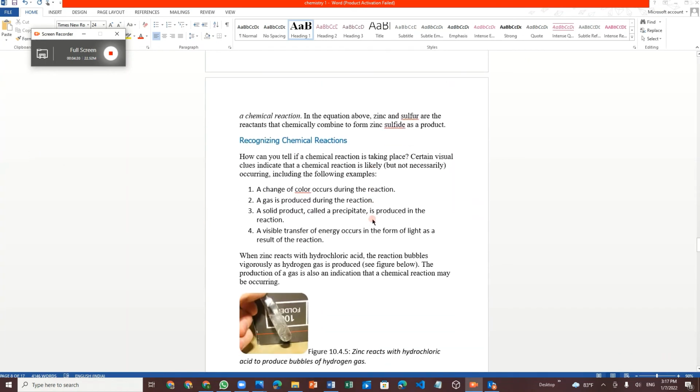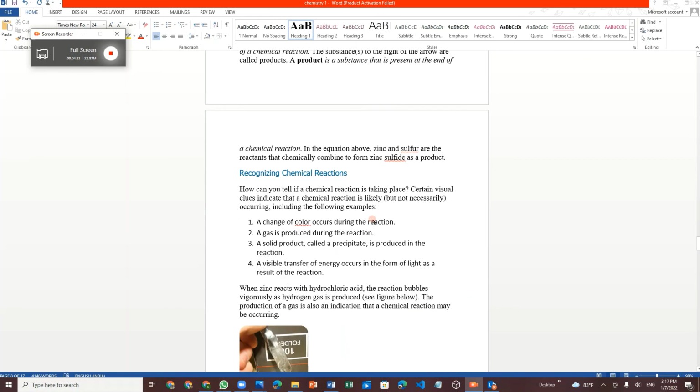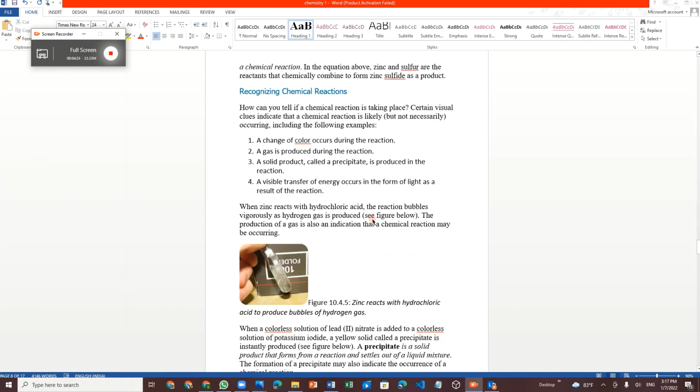So now let's come to recognizing chemical reactions. Recognizing chemical reactions is about how to recognize that a chemical reaction has happened. Take the same example: sugar and water, with the product sugar water. How will we know that these two are combined and this is the product? Normal water doesn't have a taste; it's tasteless. But sugar water is sweet. So with the taste, we can recognize the chemical reaction.